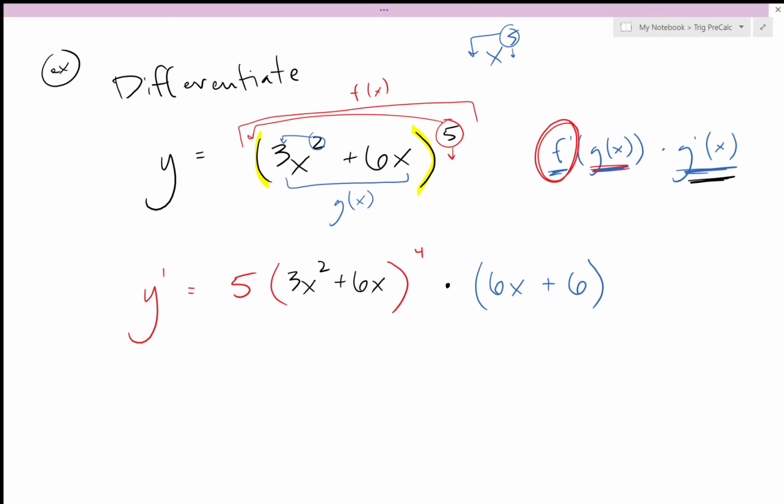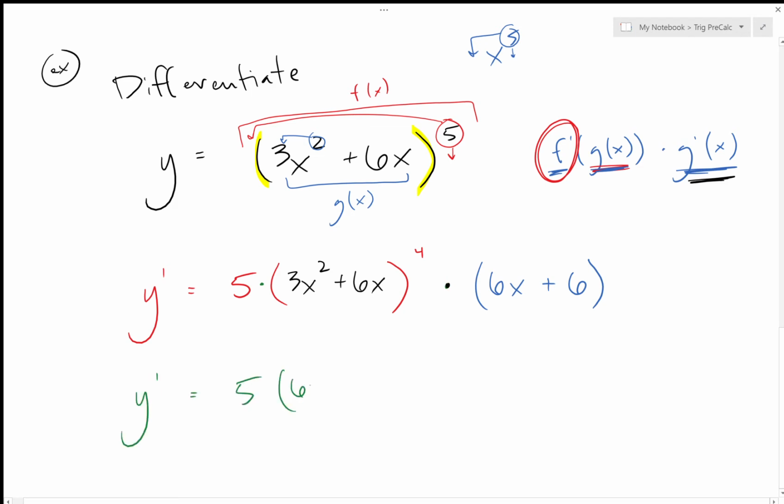Now, we can clean this up a little bit more. We notice that everything here is connected by multiplication, so the order really doesn't matter. So I can switch stuff around. Take the 5, put the 6x plus 6 here, because now I can multiply this out, it's still going to be multiplied by